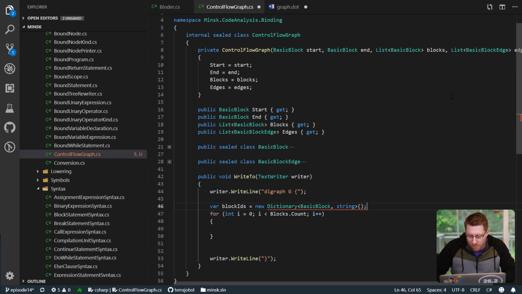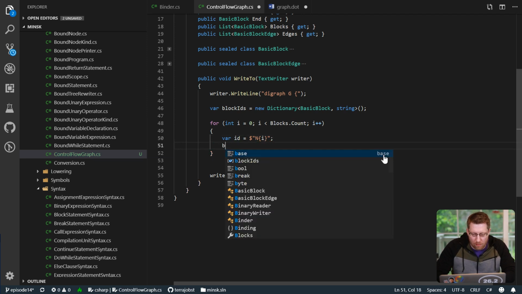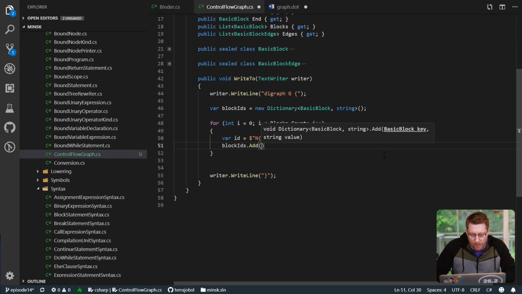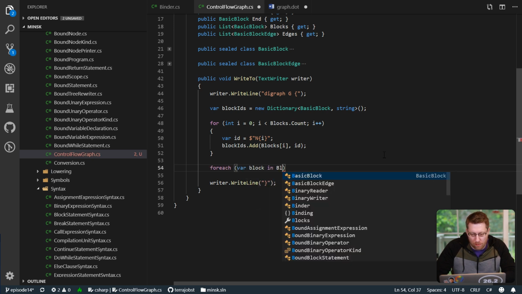So first we generate basically our IDs, so we can refer to these guys in a convenient way, and then we just say the ID is just uninspired NI, right? And then we can just say block IDs add blocks of I with the ID. All right, and now we can just say for each var block in blocks,